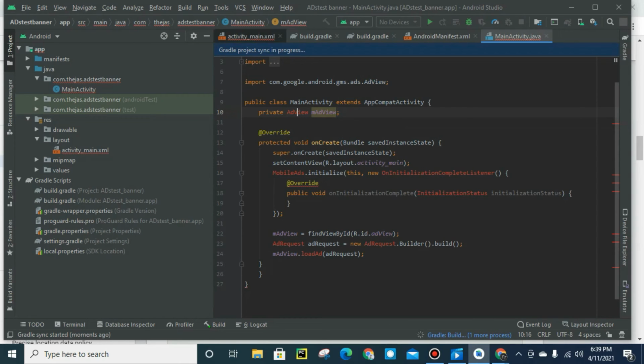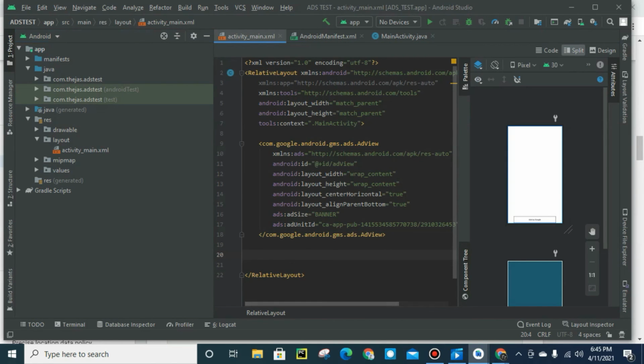So the Gradle sync has started here. So wait till it completes the Gradle sync. As you can see, it's downloading some files here. So wait until it's downloaded and completely built.